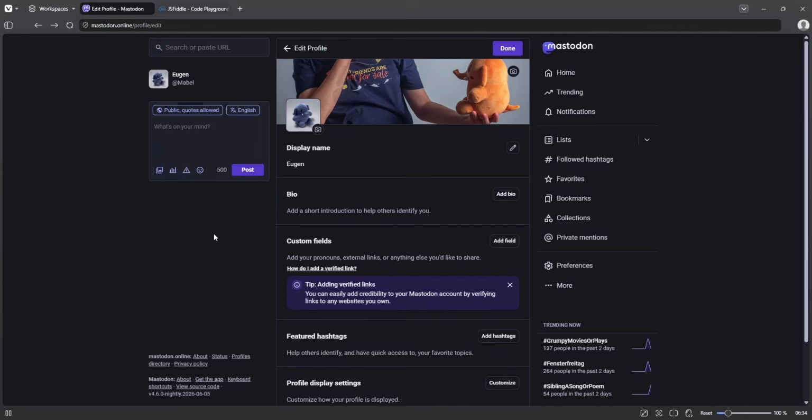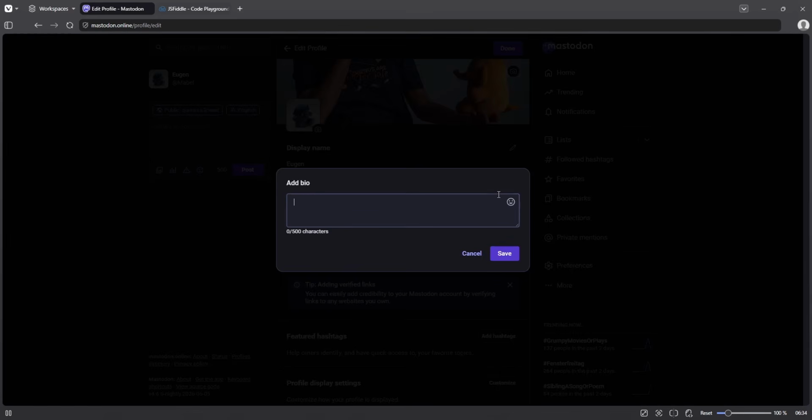The next field is your bio. The bio is basically the text part of your profile. It can be anything you want, up to 500 characters. It's meant to be a way for you to talk a little bit about yourself and who you are, why you're here, why should anybody care about your profile. So I could write here, for example, something like, this is a test account that I'm using for my tutorial